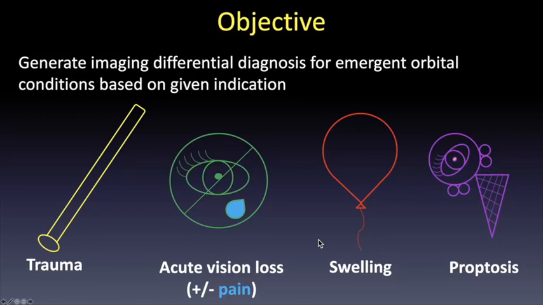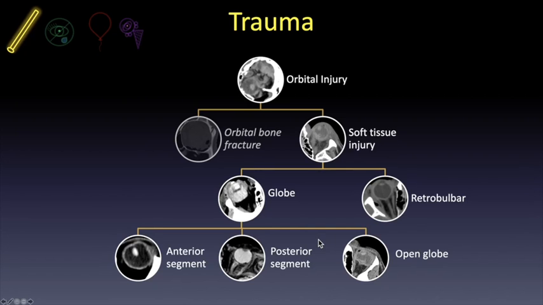Although real life is often more complicated, the disorders discussed in this presentation will be organized based on primary indications from 4 major categories: trauma, acute vision loss with or without pain, swelling, and proptosis. First, we'll discuss patients presenting with a given indication of trauma. Orbital fractures are included elsewhere in the program, so here we'll focus on soft tissue injury of the globe and